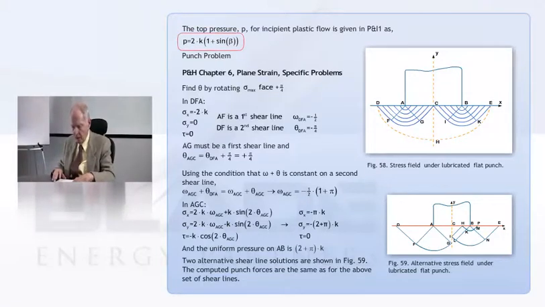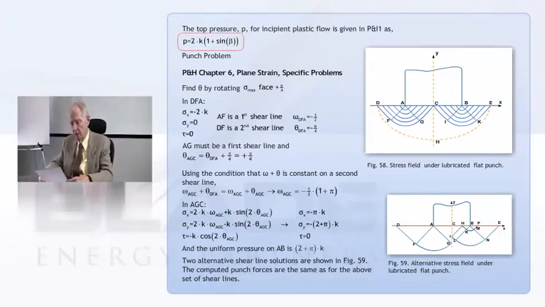Okay, with all this as background now, I want to look at some of what I would call the classical solutions in slip line theory that you find in all the books. And as I say, nobody works problems this way anymore. They use them to get a feeling for plasticity. This, the first problem